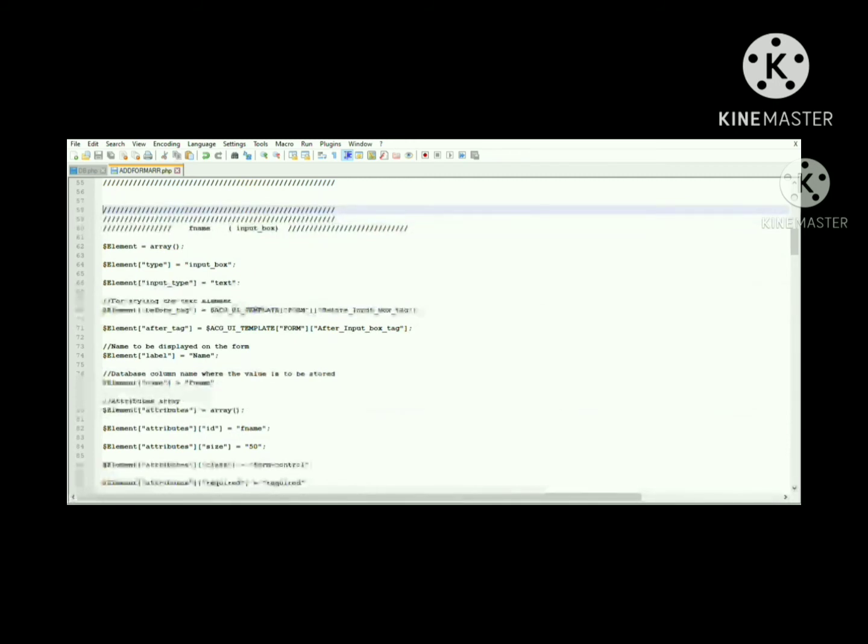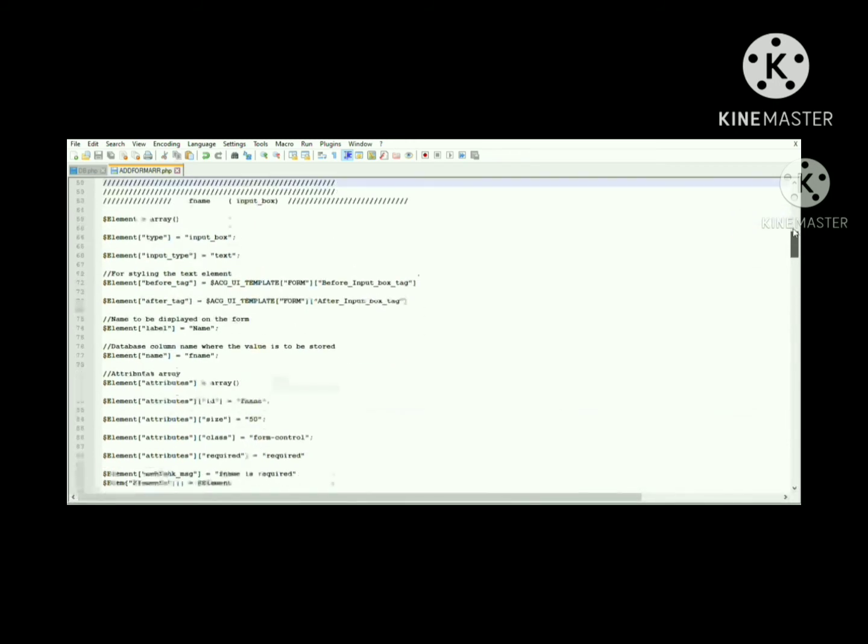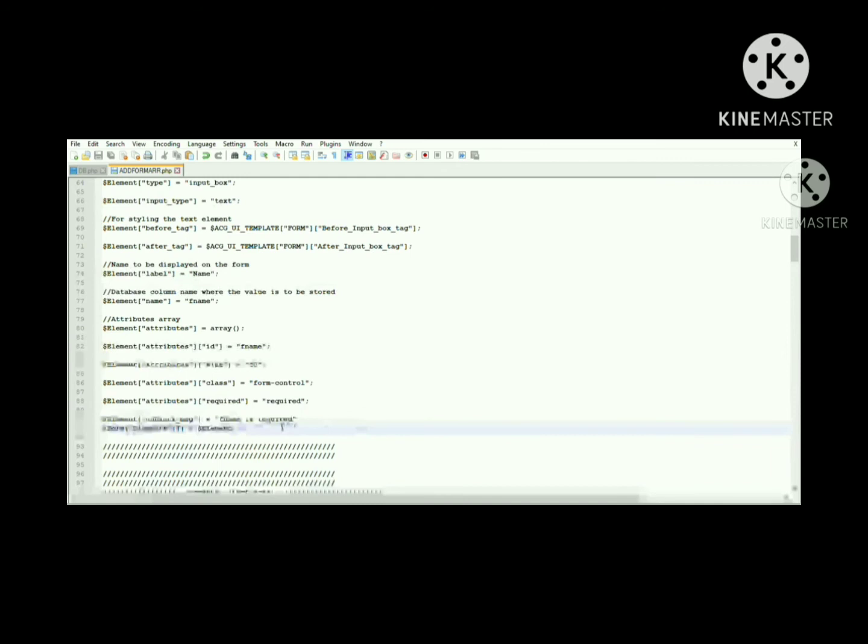We'll copy the fname part, paste it immediately after fname.